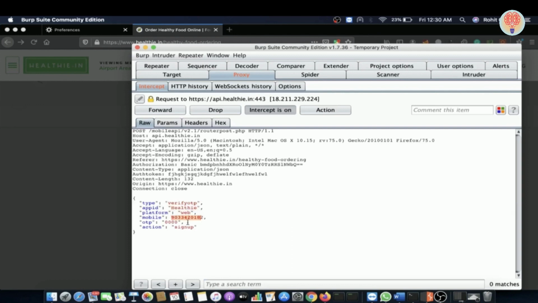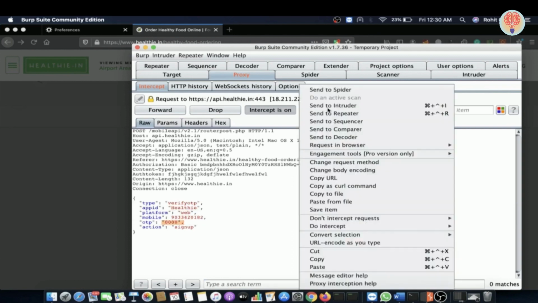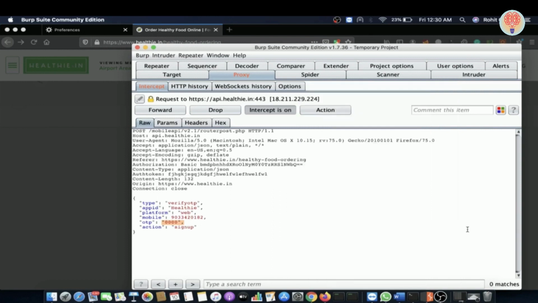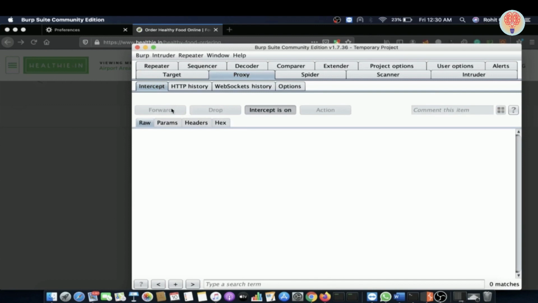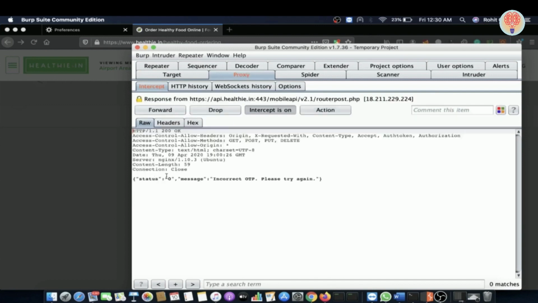So I will forward this request now, and before forwarding I did intercept the response. I want to see the response of this request. Now I will forward this request, and as I did intercept response to this request, I am able to see the response of this API request that was sent.